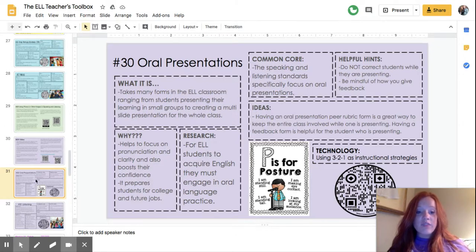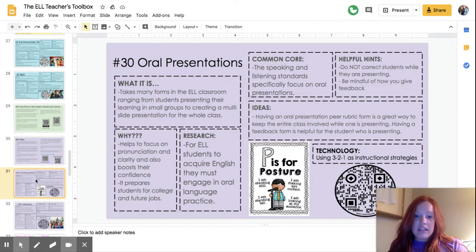Helpful hints for English language learners while doing oral presentations: do not correct students while they're presenting. This can definitely take a toll on a student if you're stopping them or correcting them while they're trying to get their point across or present, whether they know what they're talking about or if they're having a hard time getting it out. It's not good for their confidence, and you just have to always be mindful about how you